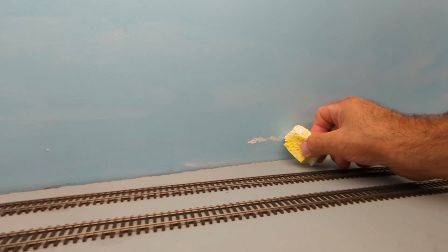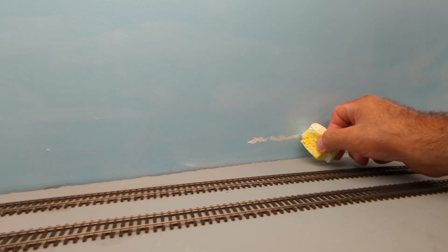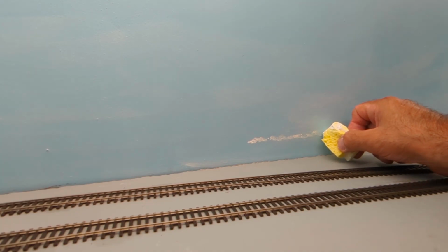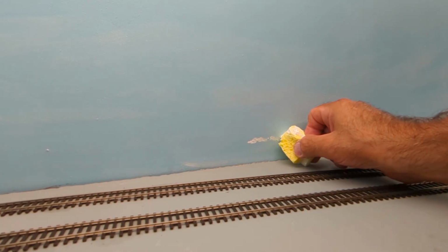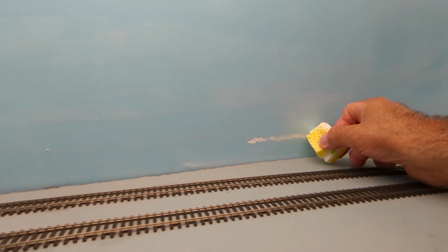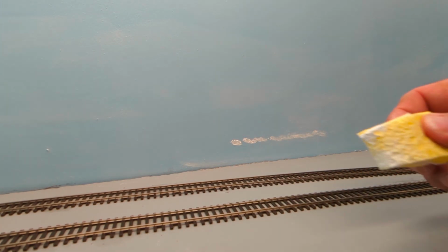These are your distant clouds, right? They're small and they're low. And you can go back and get some more. Remember, pretty much this is going to be covered. And then if you turn the sponge the other way,